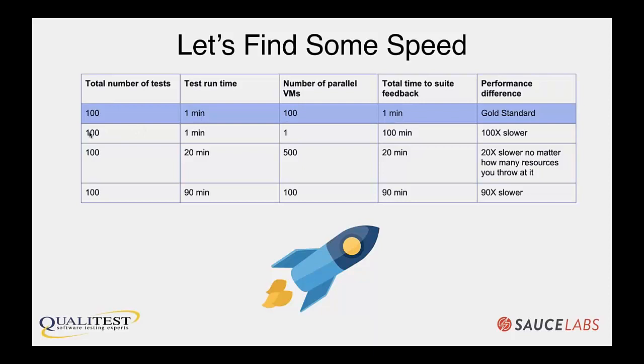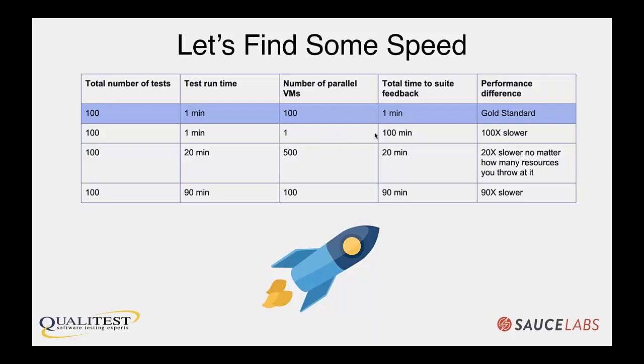A lot of our clients or other test automation engineers forget about parallelization as a way to help them, and so what they actually do is, instead of scaling horizontally, they scale vertically. And so they're going to have 100 tests, and each of their tests still takes a minute to run, but they don't do any parallelization, right? So they only execute sequentially, one test at a time, right? Test 1, test 2, test 3, test 4.